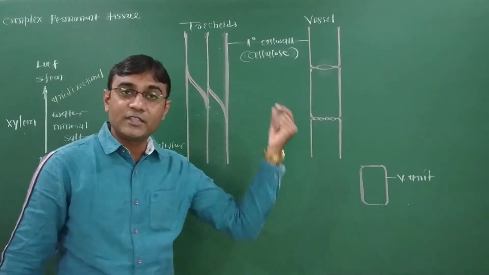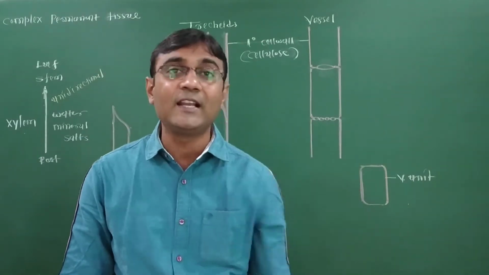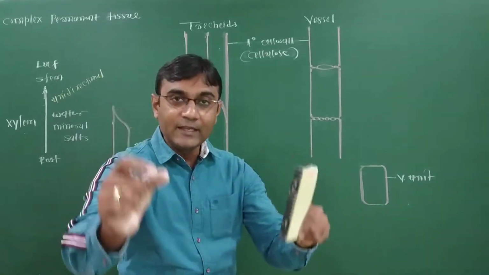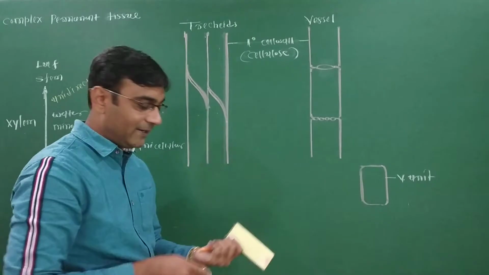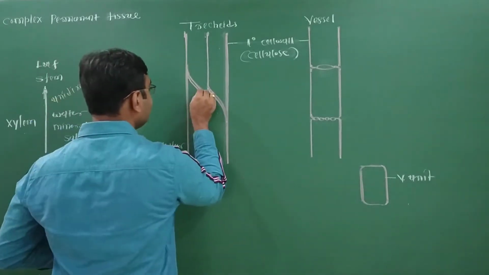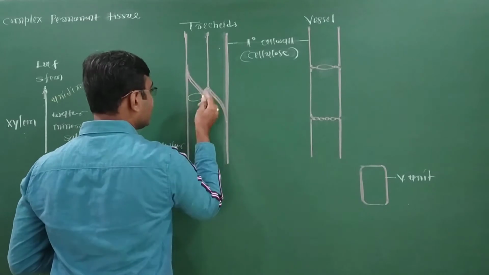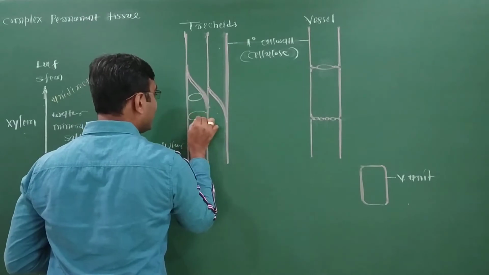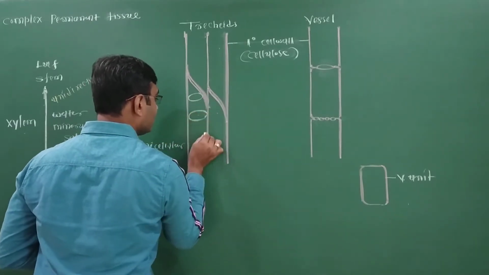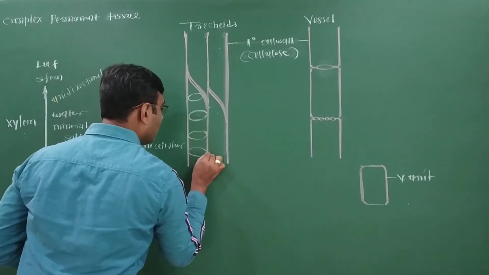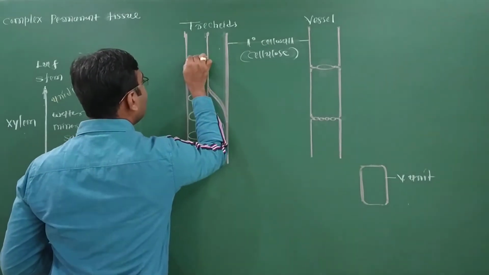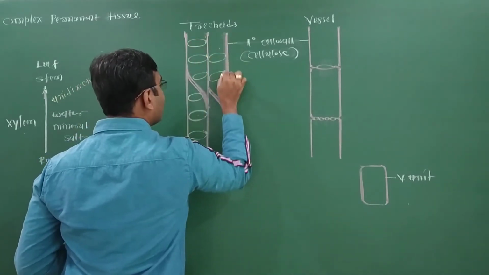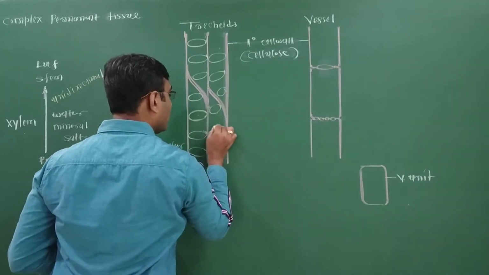Now this wall is thicker due to deposition of a secondary cell wall, and this secondary cell wall is made up of lignin. Lignin is arranged in various patterns. Okay, a few patterns we are drawing here. This is the annular pattern, meaning arranged in a circular way. This is the thickening. The yellow line indicates the thickening of lignin. Lignin thickening here, which way? Annular. This is the annular pattern of thickening.